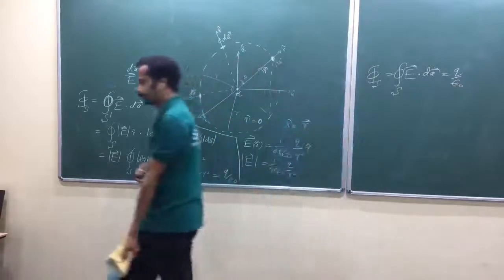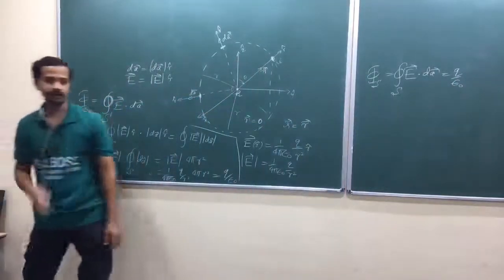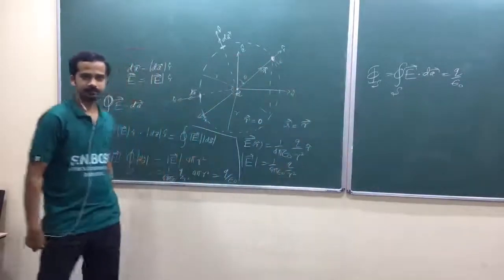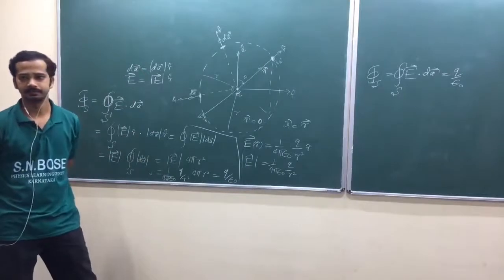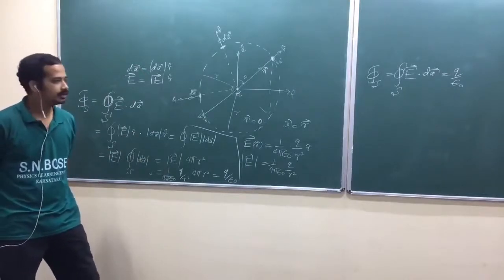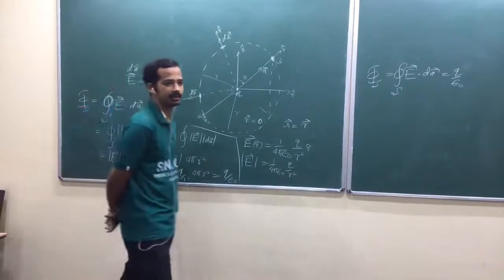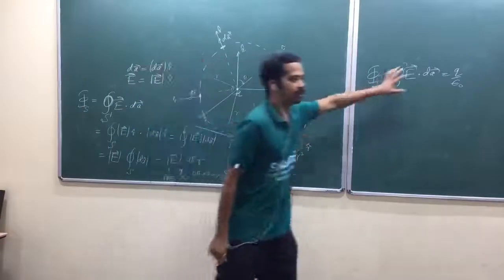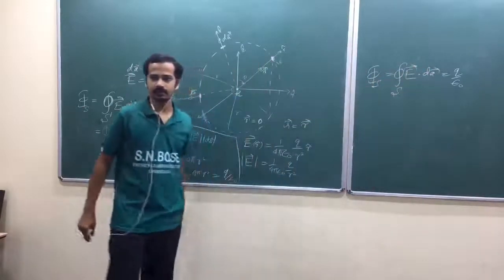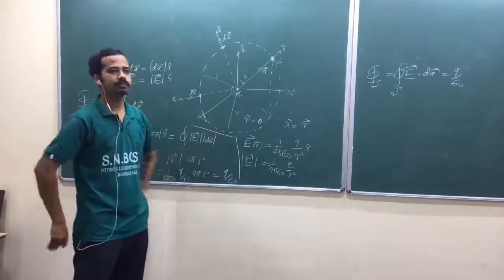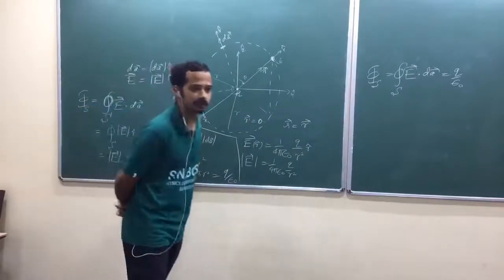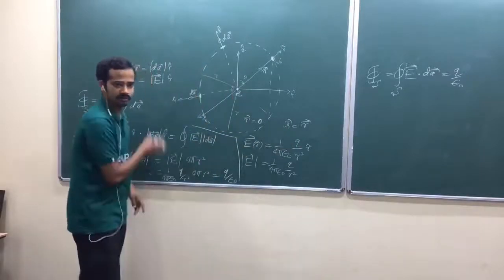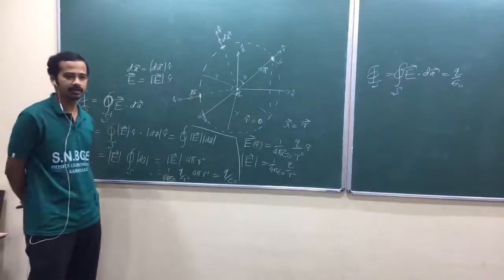Now ask the question. If I generalize that to any shaped surface which encloses that Q, and the origin is our choice, now if you change the origin, then also this should be true. Am I right? We are connecting very physical quantities here. One is proportional to the number of field lines, the other is charge. Wherever you choose your charge, this should be true. I have done this one because I can do it. It's not doable if I take an arbitrary surface, actually.